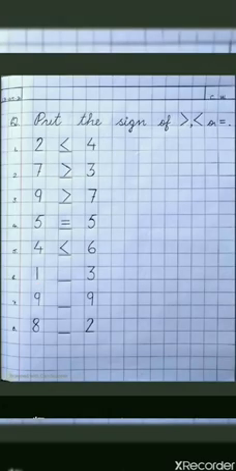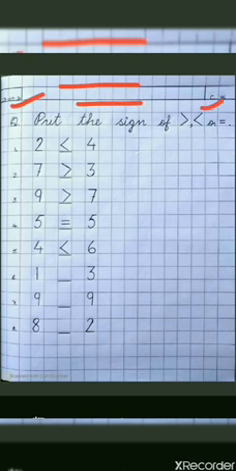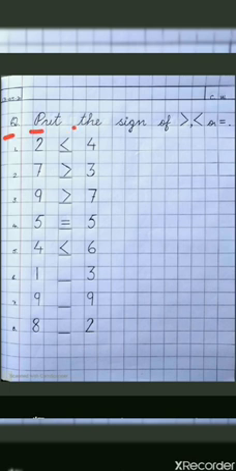Put the sign of less than, greater than and equal to. But before writing the question, draw the margin, put date and classwork on the new page. This is the sign of less than, greater than and equal to. The alligator will open its mouth only in the direction where it will get the greater number to eat. And the question is, put the sign of less than, greater than or equal to.